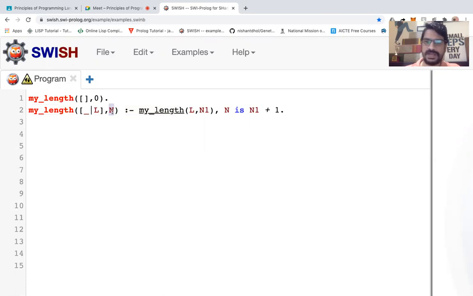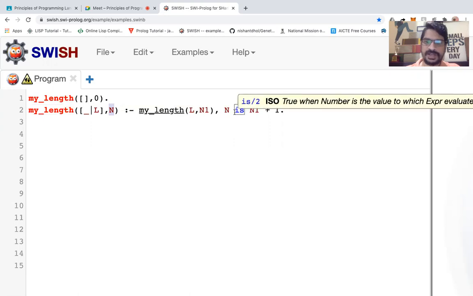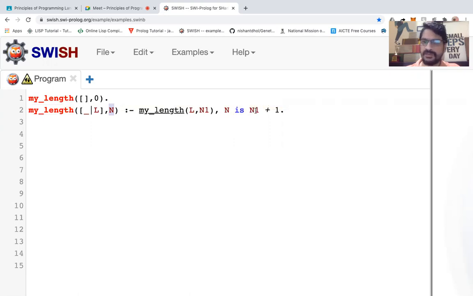Okay, I want n in the length. Now again we'll call the recursive function. So it says that this is true if L is the length of n1, where n is n1 plus 1. So it will increment n all the time by putting n1 plus 1, and at last we'll get the length of the